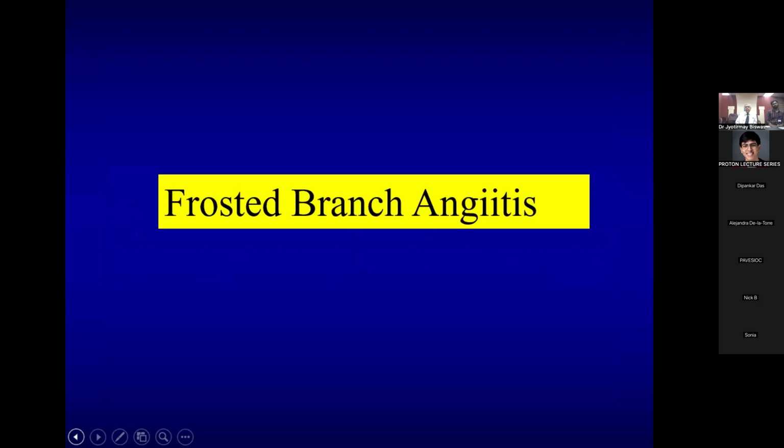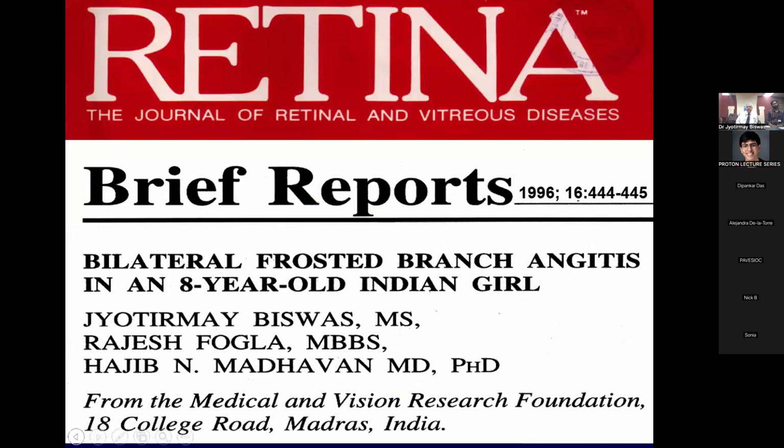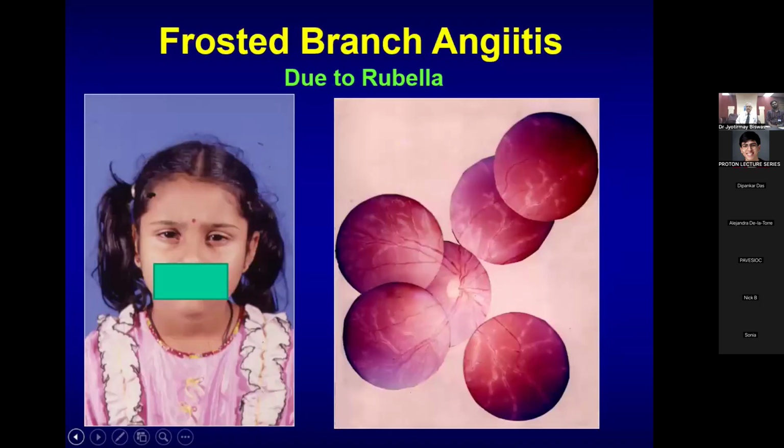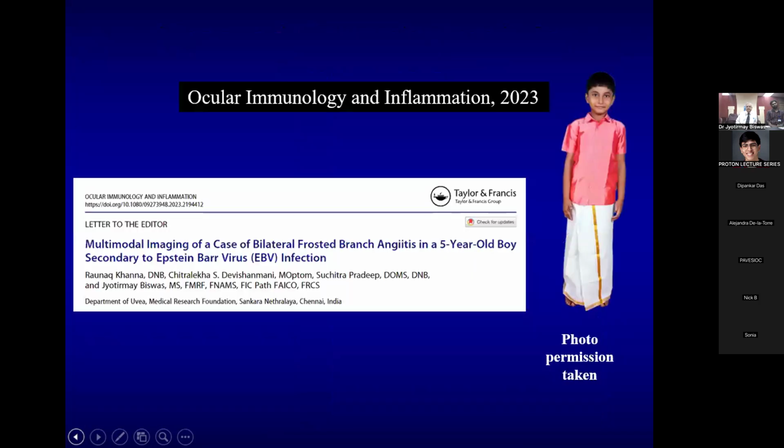I'll be showing a few cases of frosted branch angiitis, a very peculiar type of retinal vasculitis. We reported in the Retina journal bilateral frosted branch angiitis in an 8-year-old Indian girl with rubella virus infection. And subsequently, we also had another patient with bilateral frosted branch angiitis, a 5-year-old boy, due to Epstein-Barr virus